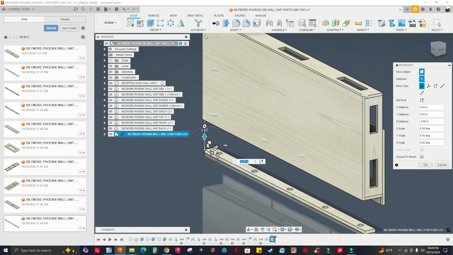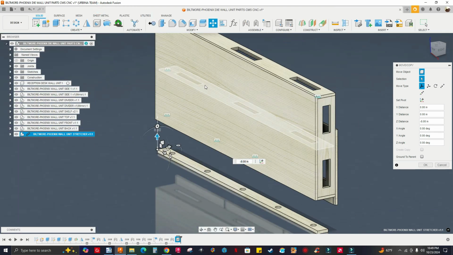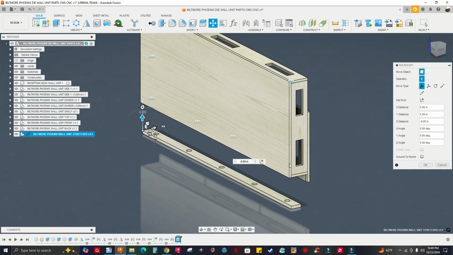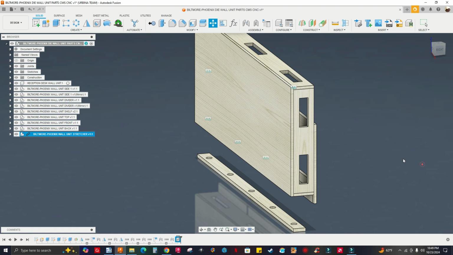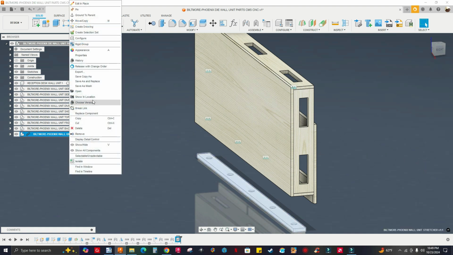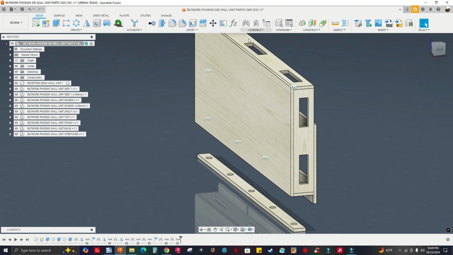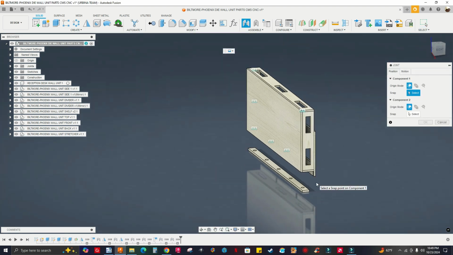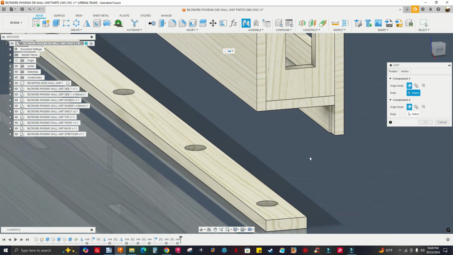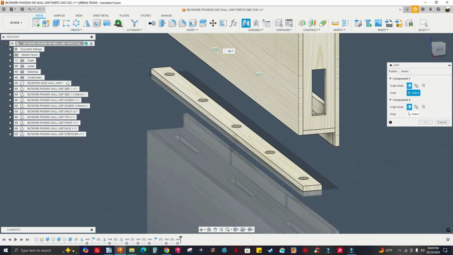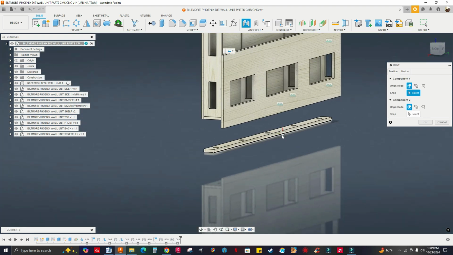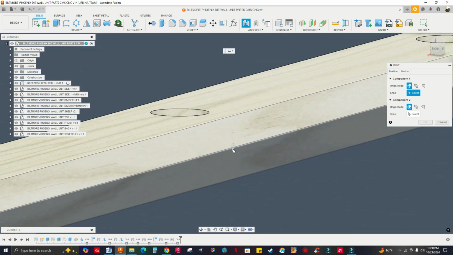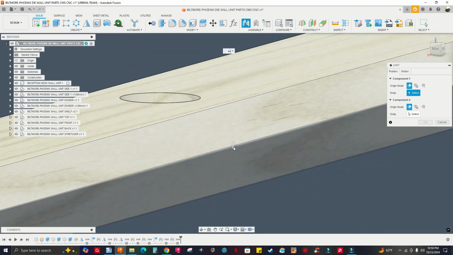All right. So you see how everything's assembled. So I'll just leave it like that. Click OK. Right click on that last component, break link, joint, and I'm gonna join it right here in the middle. So let me select the bottom midpoint right here. I'm holding down the Control key on my keyboard, select that point,